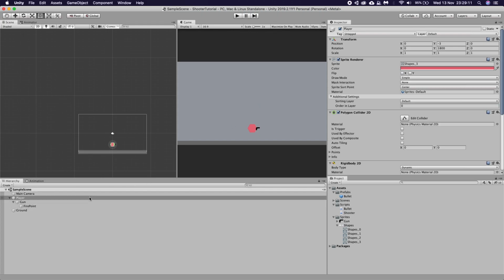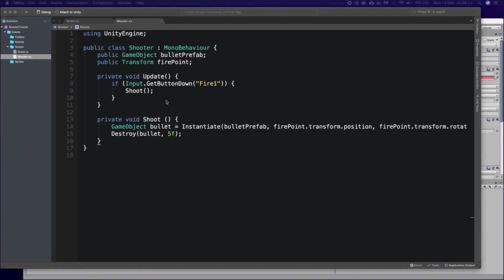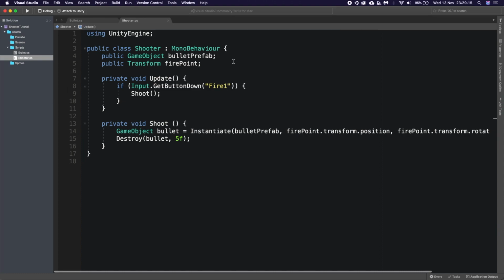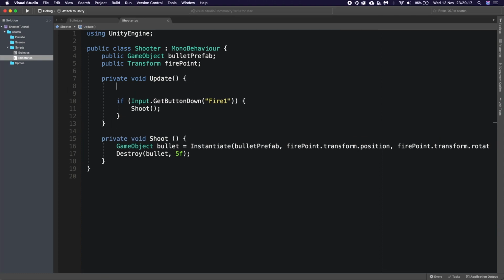That's good. But now we want to rotate the gun, or at least flip it when we aim the other way. So in the Update function, we need to get a reference to our mouse position.